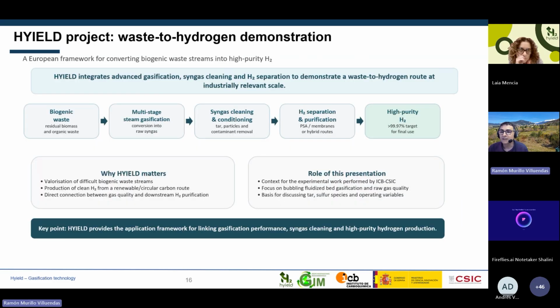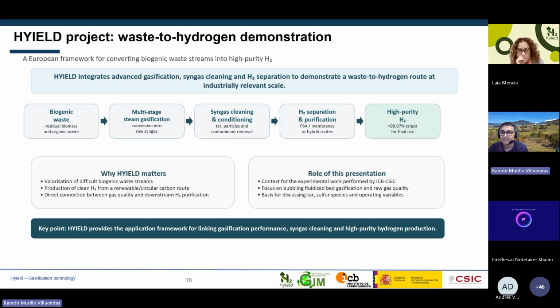Before moving into the gasification experimental results, let me briefly introduce the HYIELD project, which provides the framework for the experimental work presented in the next part of the webinar. HYIELD is a European project, as we have seen before, focused on producing high-purity hydrogen from biogenic waste streams. The general route is based on deoxy steam gasification, followed by syngas cleaning, conditioning, and hydrogen separation. In other words, the waste is first converted into raw syngas, and this syngas is then upgraded to obtain hydrogen